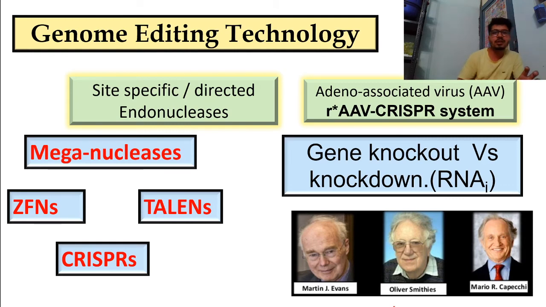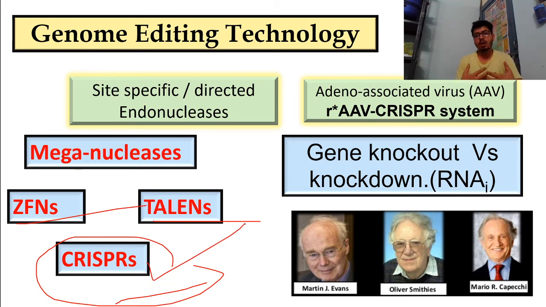So now come to some genome editing tools. So dear friends, these are very site specific endonucleases known as meganucleases, ZNF, zinc finger nuclease, TALEN and CRISPR. CRISPR is a very prominent technique for all of us, and we know how CRISPR nowadays is really very important for engineering the genome. So genome editing is really very prominent with the help of CRISPR-Cas9. CRISPR can generate knockout, not knockdown. Knockdown is created by RNAi, because in RNAi you are just reducing the transcript number.